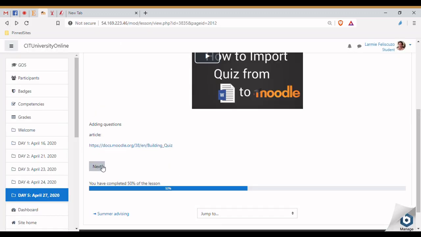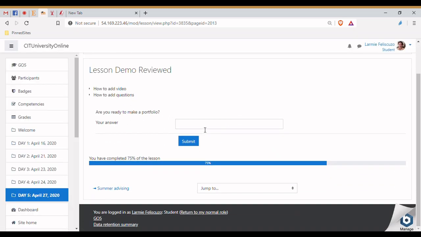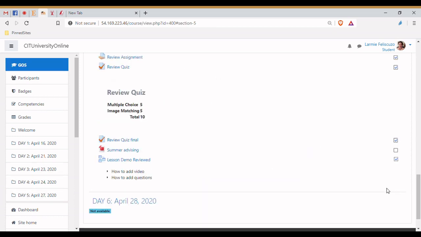So I need to change that later. And then next. Are you ready to submit portfolio? Submit. Then it's 100. So when I go to day 5, you would see here, it's automatically checked. That's activity completion. Now let me change my role back to